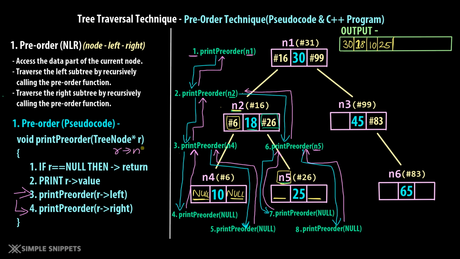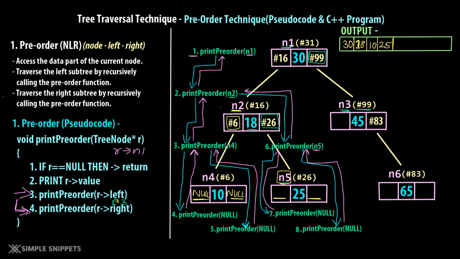So r is n1. And now we are at step 4. Step 4 is print preorder r of right. R is n1. Who's there to the right of n1? You can see we have an address #99 and it is the address of n3. So basically now we are again calling a recursive call to print preorder and we are passing